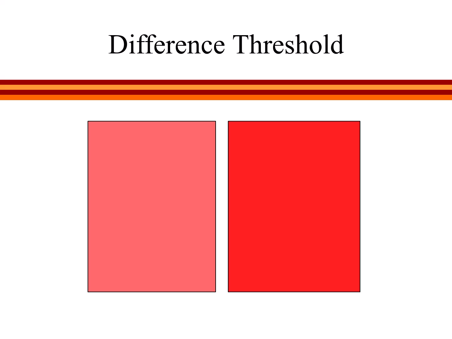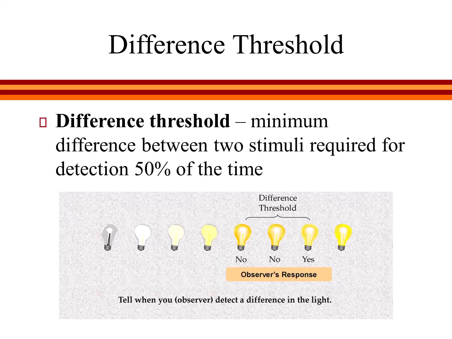Sometimes, researchers are interested not just in our ability to detect a stimulus in isolation, but also to detect a difference between two related stimuli. For example, imagine you're choosing a font color on a color wheel. The shade and intensity gradually change from one pixel to the next. But at what point do you detect that the two shades of red are actually different shades? Here, we're no longer interested in the absolute threshold, but rather what's called the difference threshold, or also sometimes called the just noticeable difference. Unlike the absolute threshold, the difference threshold changes depending on the stimulus intensity.